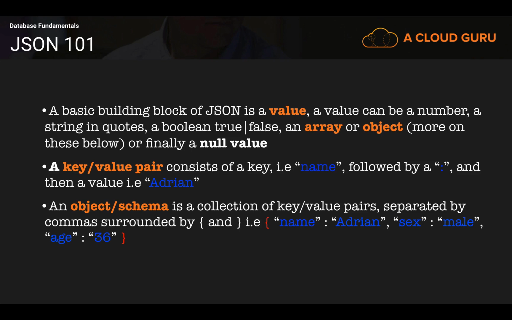In this example, we have name, Adrian, and then a comma, and then another key value pair of sex, male, and then a comma, and then another key value pair of age, 36. And this entire object is surrounded by curly braces